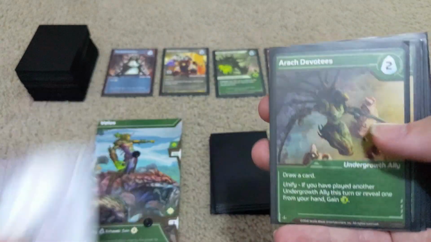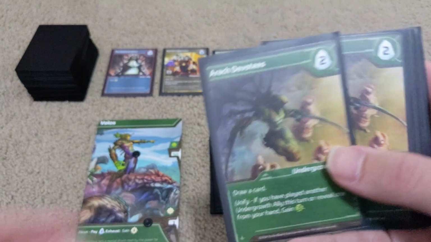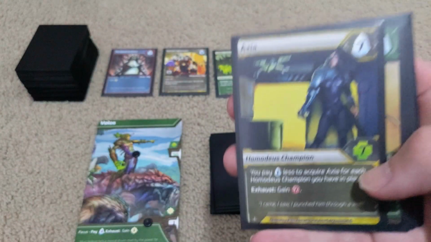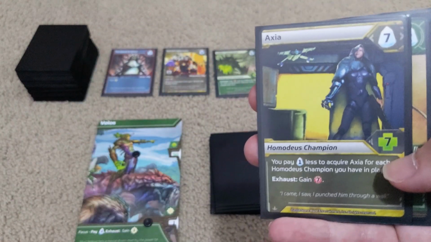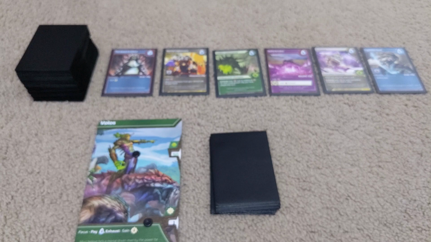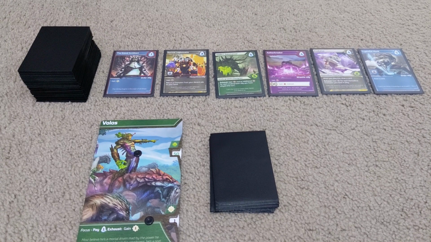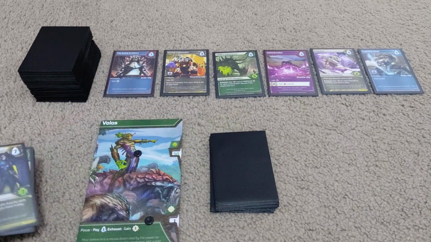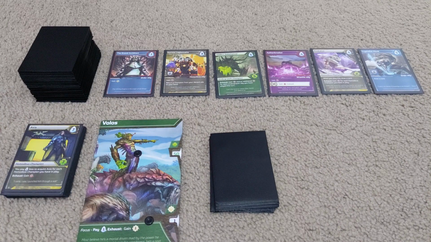There's another The Lost, there's another Paul Shades. Draw a card and some more Unify effects. So really good for your green strategies. A really fantastic Homodius champion. And just some general strategic improvements, right? Some really good overall buffing of certain factions and certain strategies. Nothing wrong with that. But the big addition in this expansion, and what you should absolutely be buying this for,